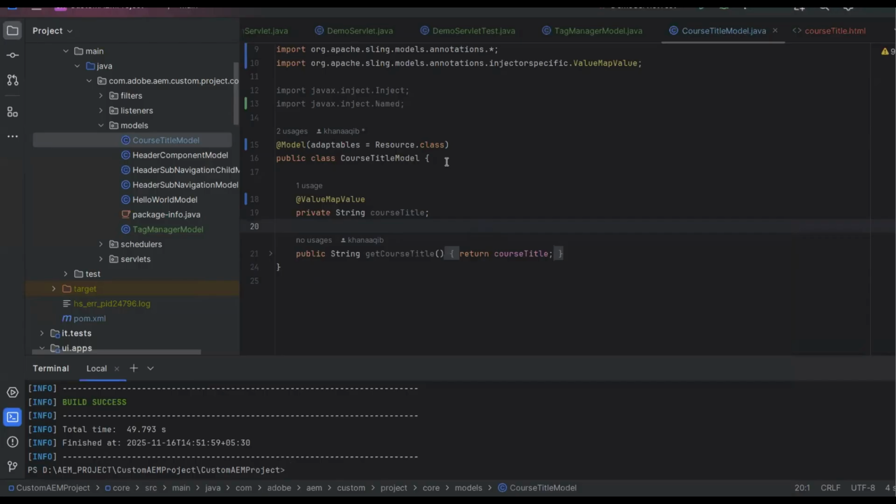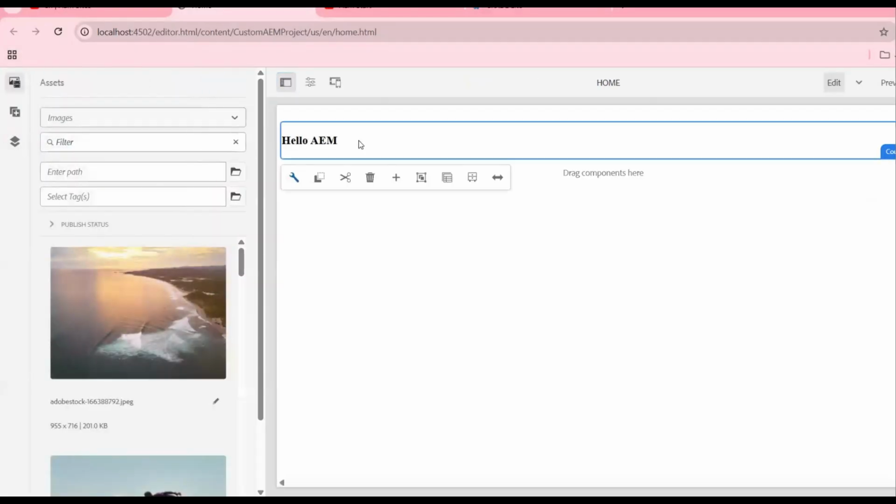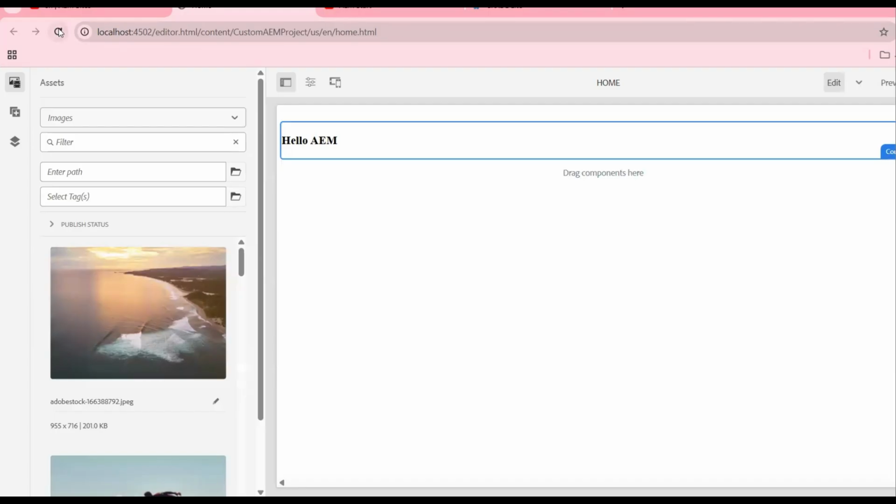So everyone, I'm in IntelliJ basically. Okay, so previously we talked about this one, right? Value map and other annotations here, as I mentioned earlier. So here, suppose that within course title, we do have a couple of values. Right now, if I go here, I have added one value. If I go here, within here I can edit the component. Here I have one value. Suppose that I remove this value. When I'm saving this one, we are getting empty space, right? We are not getting anything. If I refresh this page,